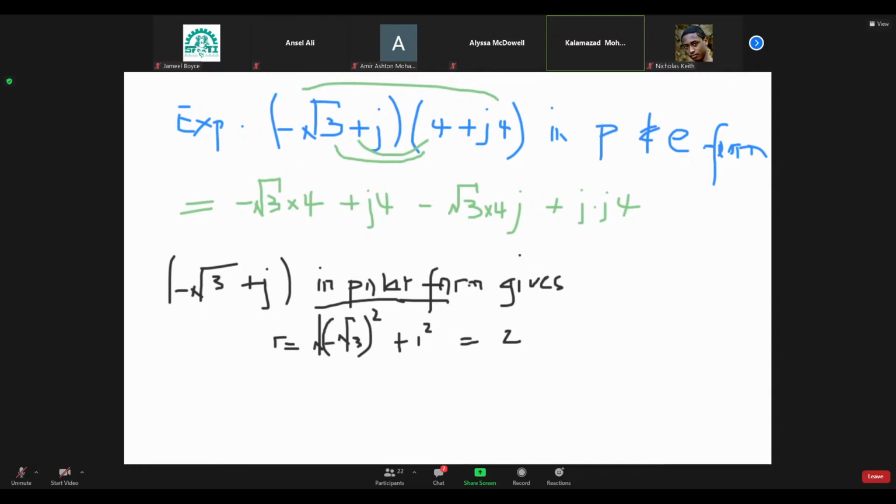And theta is tan inverse of 1 over root 3 minus, which is